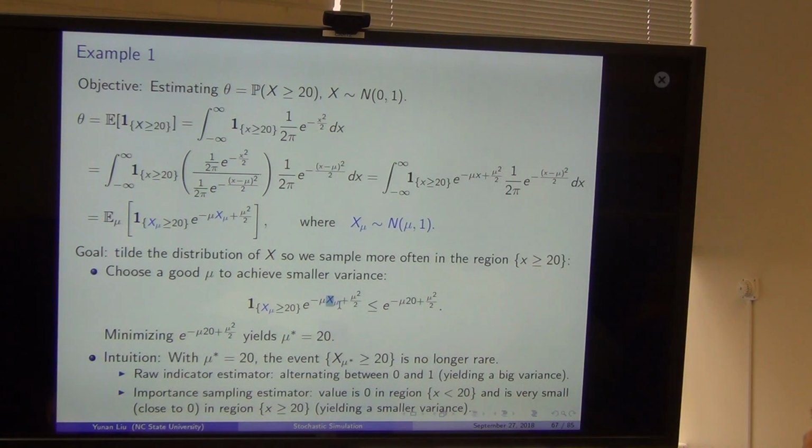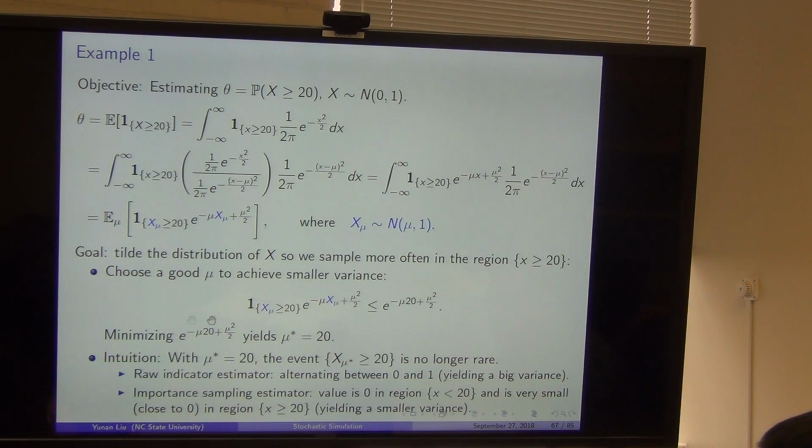If x mu is smaller than 20, the left side is 0, less than the right hand side. If x mu is greater than 20, this is 1 and this is negative, right? This term is less than e to the minus mu 20. So the left hand side is less than the right hand side all the time, for any value of x mu. Okay. So we have an upper bound of this random variable, and it can be proved that all we need